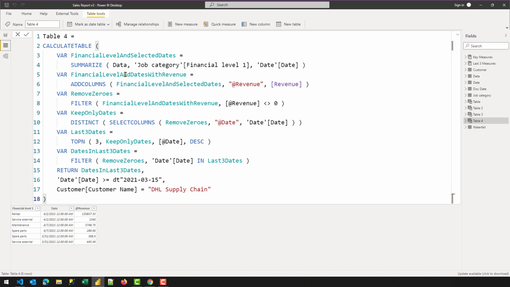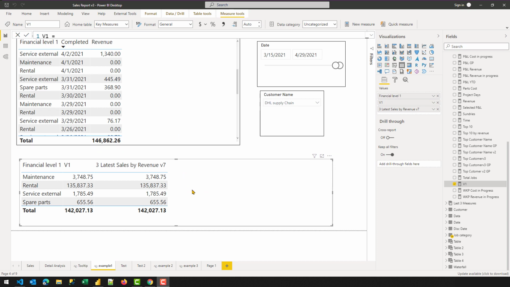So that is one way of debugging the code that you have written so far: you can use a CALCULATETABLE just to verify the virtual table that you're creating inside your calculation. Now that we know that our calculation is working and we understand what is happening behind the scenes with the help of CALCULATETABLE, we can take a look at 2 different ways of computing that calculation, and this will help you understand how you can use different ways of computing the same problem.